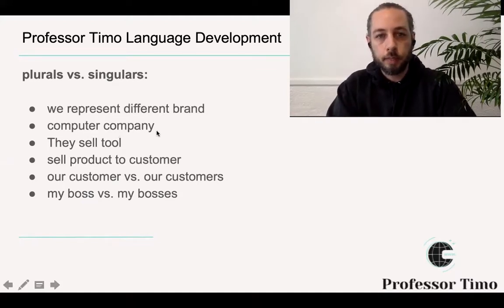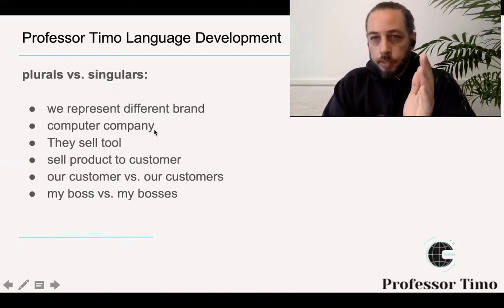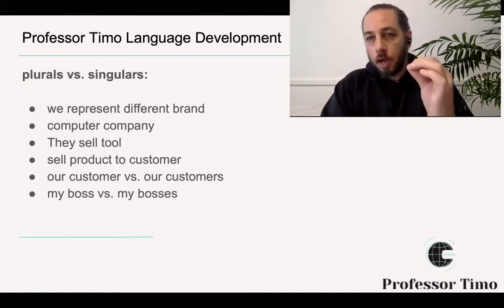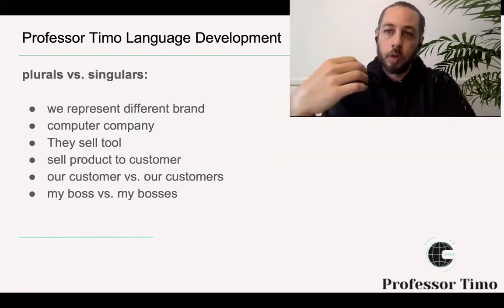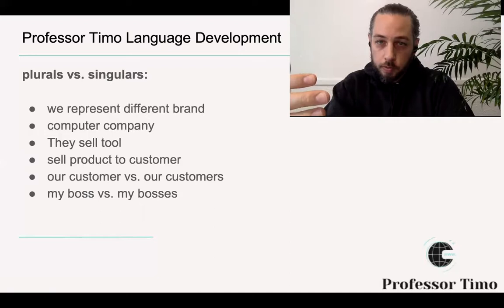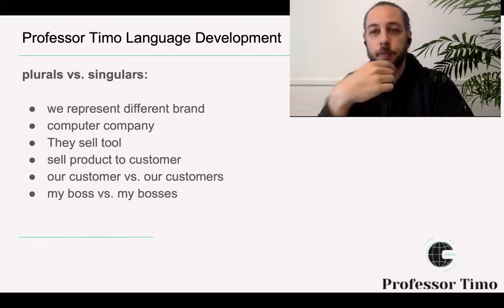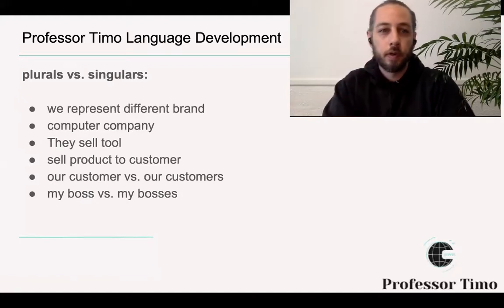Okay, next. Take a look at this one. Either make it singular or make it plural. So to make it singular, you say a computer company or the computer company. To make it plural, how would you do it? I hope you said computer companies. Okay, so the same thing with the S, computer companies. All right.